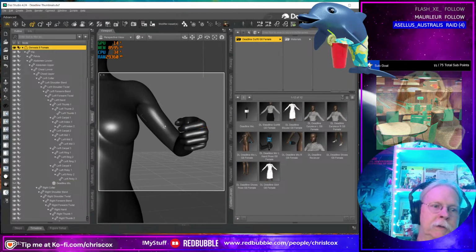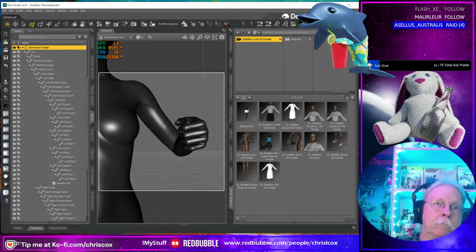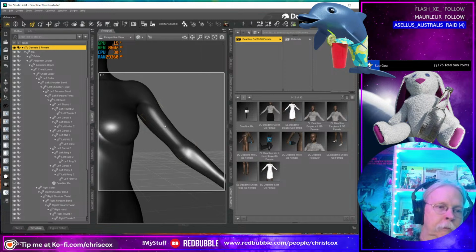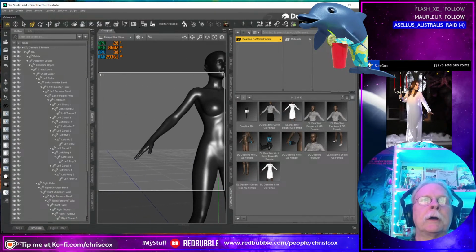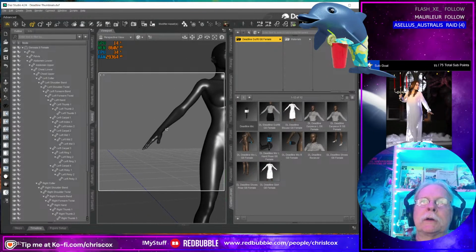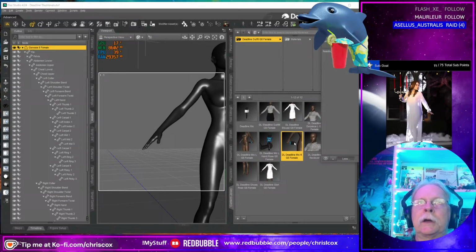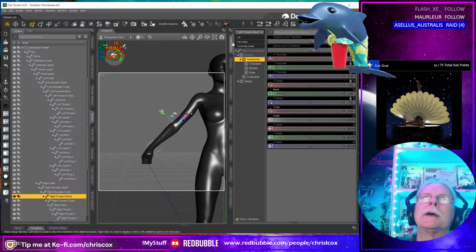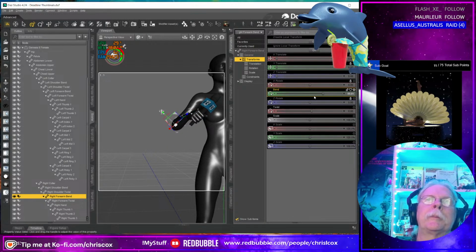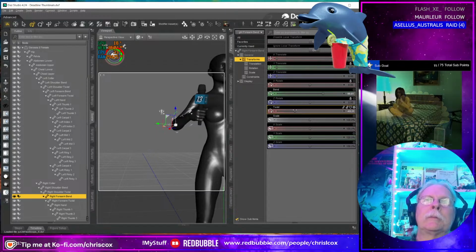Okay, let's zero you out. I got a hidden mic in here somewhere, don't I? This will also let me see if my wearable preset is done right. Select that, apply that. Yay! That worked. Bend that hand. Twist that a little bit.